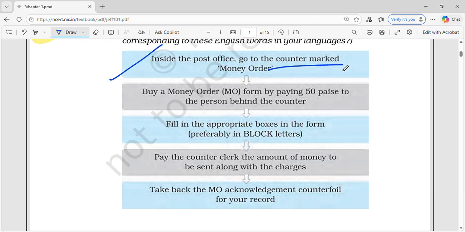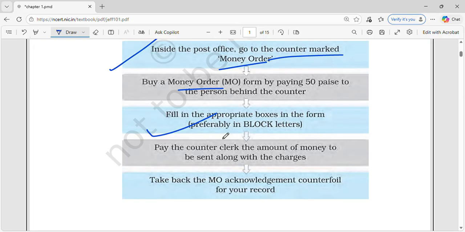Inside the post office, go and counter mark the money order, then buy a money order, that is MO form, and by paying 50 paise to the person behind the counter. तो तुम काउंटर पे जाओगे जहाँ पे मनी ऑर्डर रहेगा, फिर मनी ऑर्डर के पास जाओगे, तो यू विल बाय द फॉर्म एंड पे 50 पैसे, एंड देन फिल द फॉर्म इन ब्लॉक कैपिटल्स preferably, and then pay the counter clerk some amount of money, whatever the charges are there, and then take the MO for acknowledgement counterfoil for your record। मतलब MO मतलब मनी के acknowledgement,